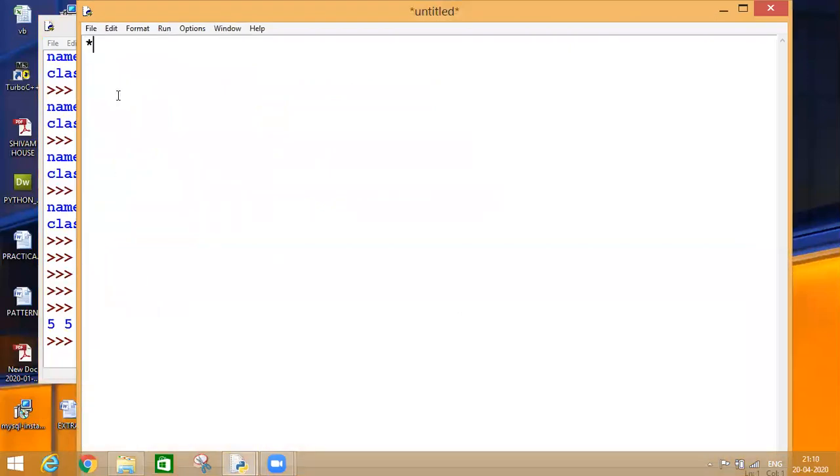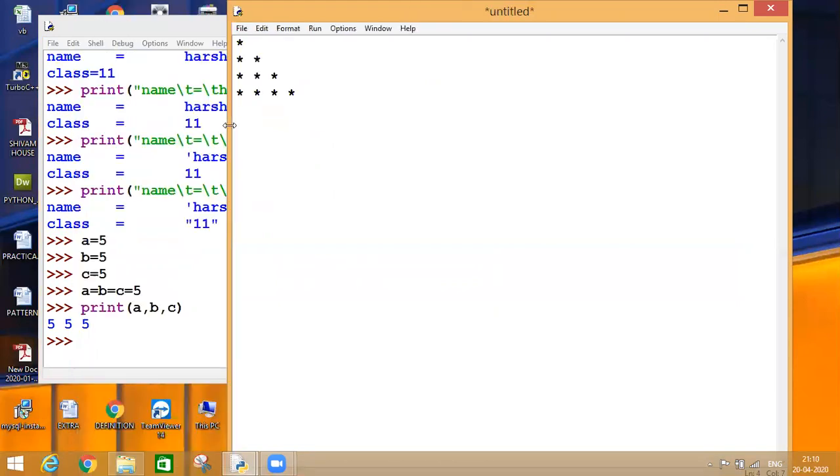If I ask you to print this pattern, with 4 stars, how will you write the program?